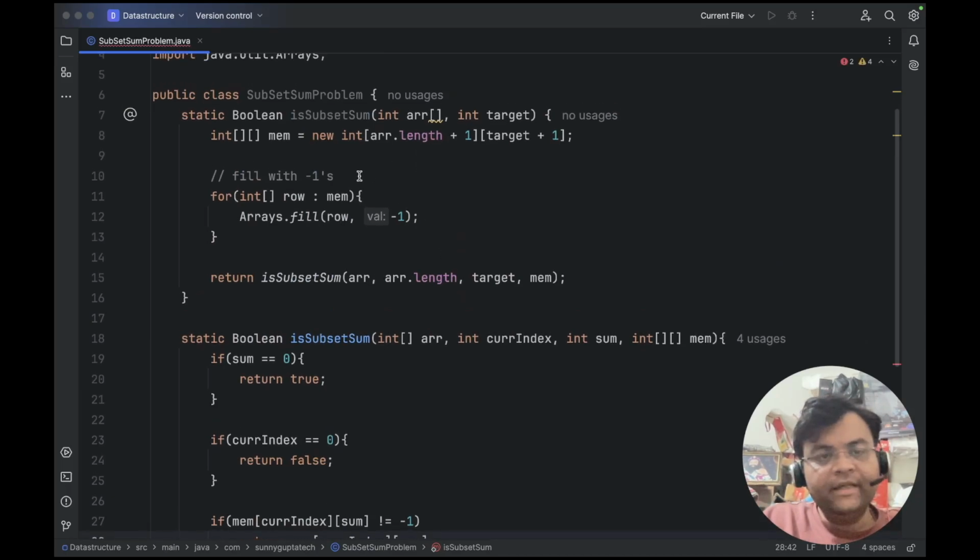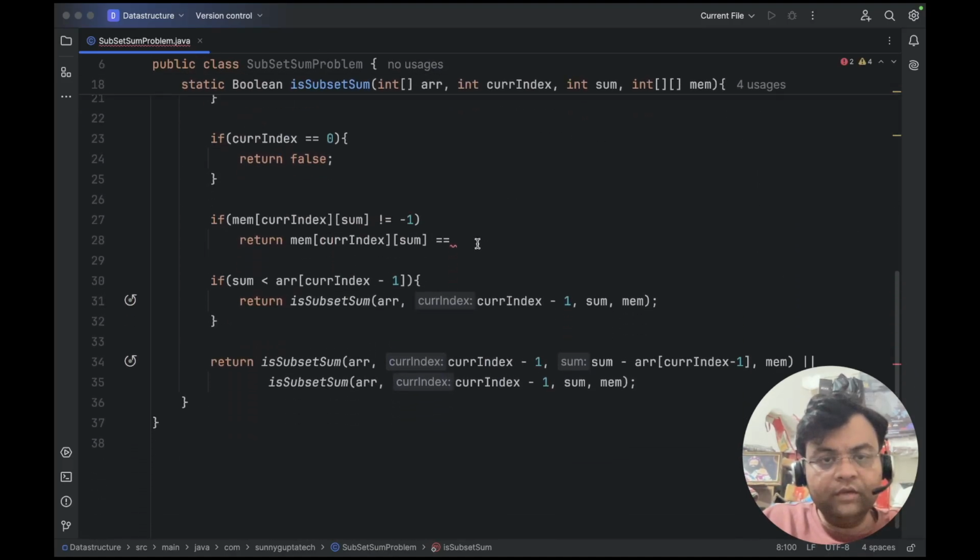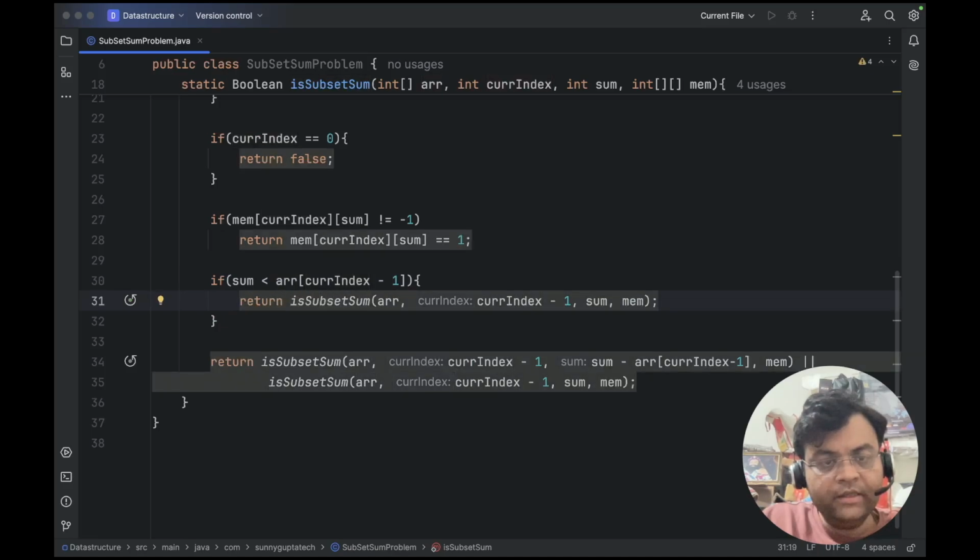So basically you're storing zeros and ones here. I'm planning to store 0 and 1. 1 means exists, so there exists a target sum in this array. 0 means it does not exist. So if it is 1, that means we'll return it. If it is not, it'll come back here and I'll say